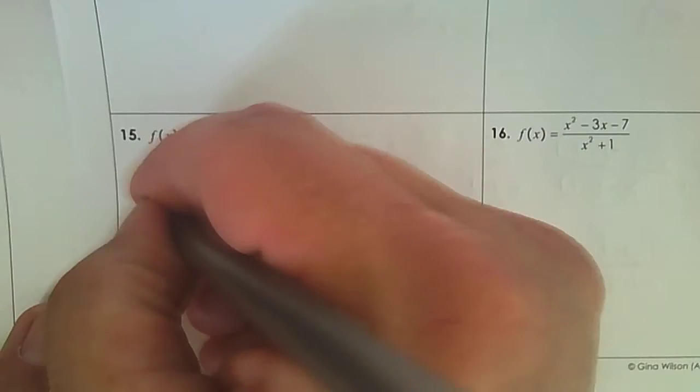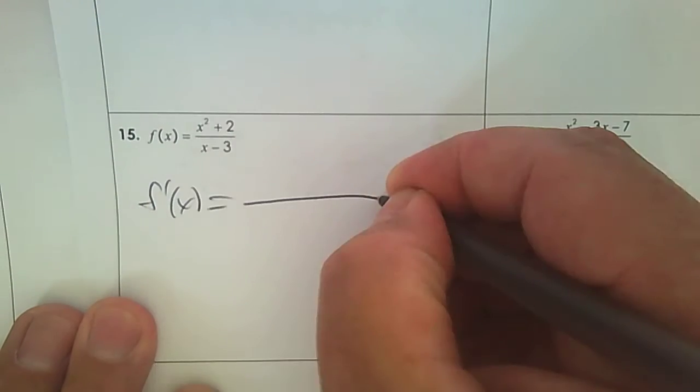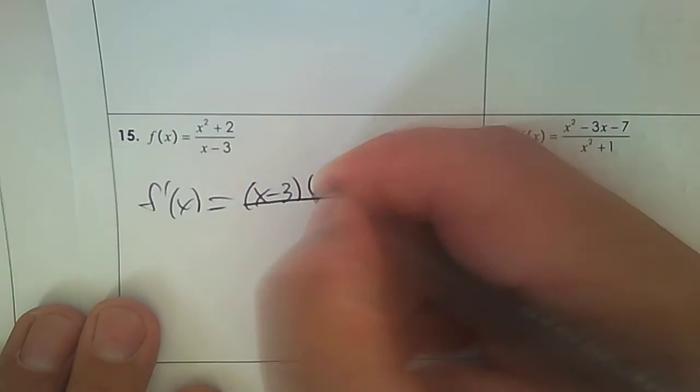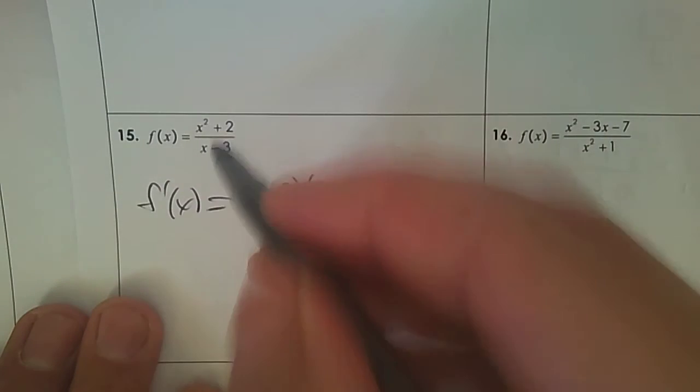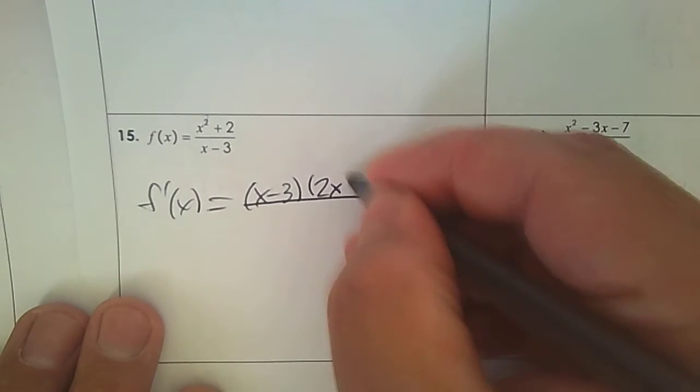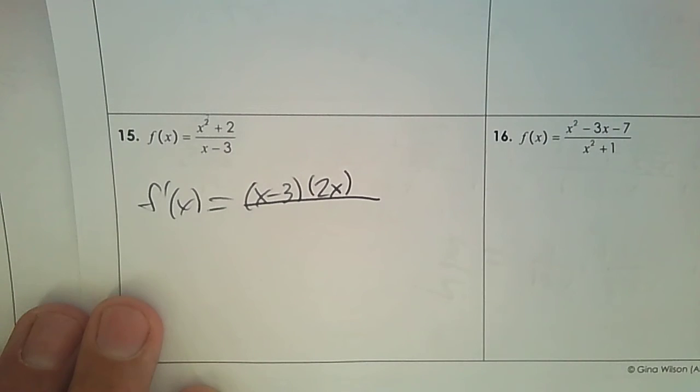15. Now we're going to do the quotient rule. So for the quotient rule, we're going to draw a healthy fraction line. And it's the bottom times the derivative of the top. x squared, 2 times 1, that's 2x. The derivative of 2 is 0. Subtract